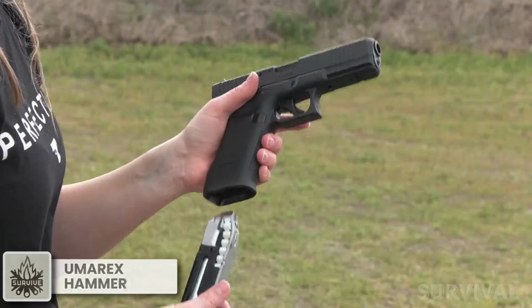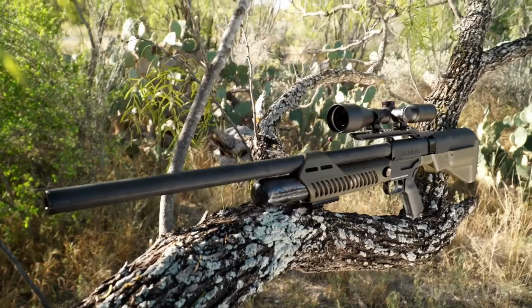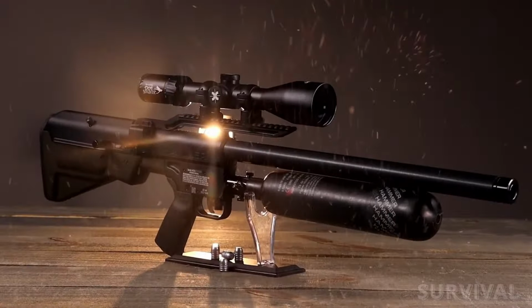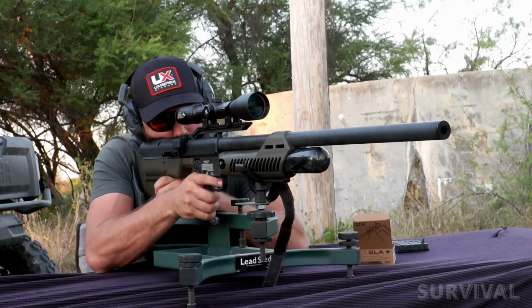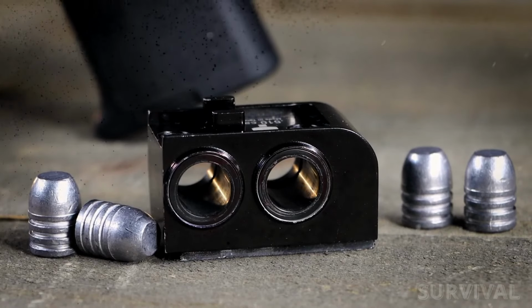Umarex is probably best known for its realistic replicas of famous firearms in airgun form, but they've set themselves up as a serious big-bore contender with the introduction of the Hammer. Just as the original Hammer, the Hammer carbine is a bolt-action repeating big-bore 50 caliber PCP slug gun made for airgun hunting. In my opinion, the biggest improvement is that the Hammer carbine debuts a new sealed magazine that dramatically